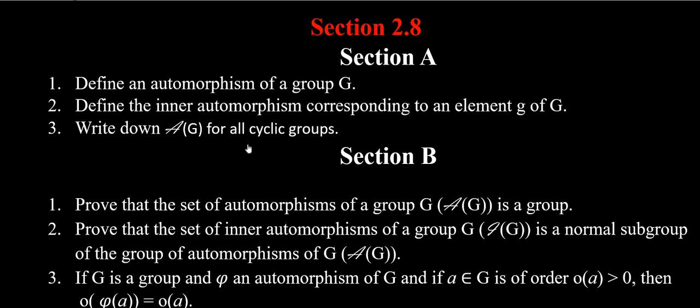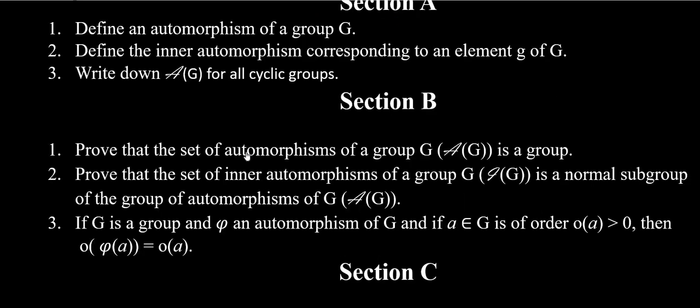cyclic groups. Then in section B, we can have: prove that the set of automorphisms of a group G is a group. And second, we can have: prove that the set of inner automorphisms of a group G is a normal subgroup of the group of automorphisms of G. Third, we can have in section B: if G is a group and phi an automorphism of G, and if a belongs to G is of order n, then the order of the image is the same as the order of the